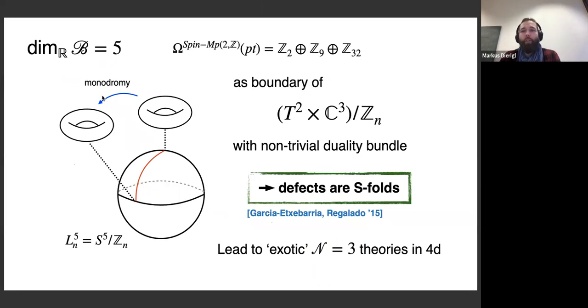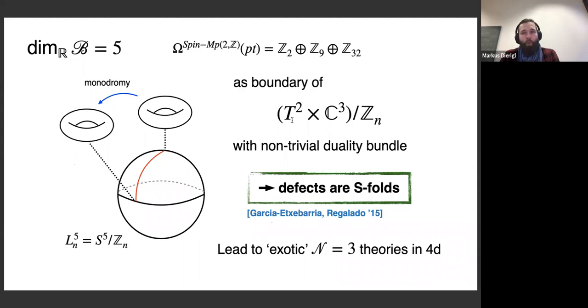Let's take the dimension of the base to be 5. The bordism group is again non-trivial, and it becomes large again, so we have to account for several factors here. Once more, the type IIB background would be described by a 5-dimensional lens space, where if I traverse the torsion one-cycle, I have to put a duality transformation that acts on the fiber, right? That has a singular representation in terms of this T2, which is the F-theory fiber, times a 3-dimensional complex space modded out by a Zn action. So basically, the Zn action on T2 classifies the